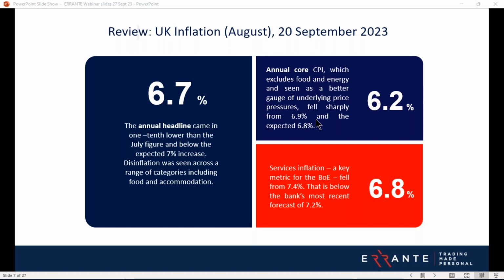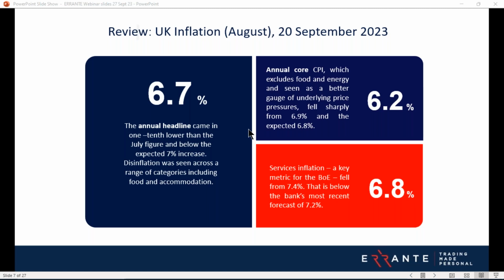Forward guidance remained broadly unchanged as well. As I said, the vote was split, so 5 members voted for an unchanged decision, 4 for an increase of 25 basis points. The majority really cited the downside surprise, of course, in that August inflation data. That's why we've highlighted it here, and also further signs that the labour market was loosening.